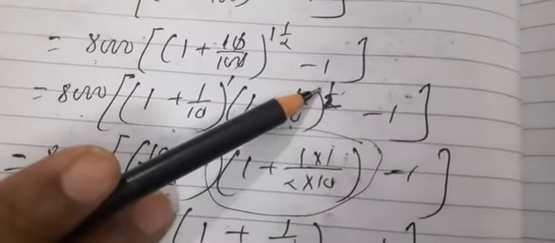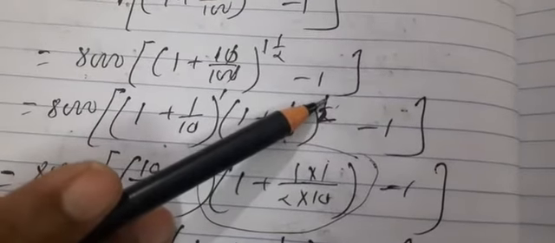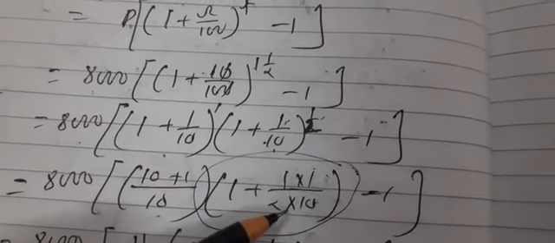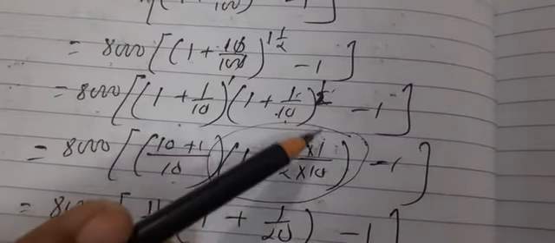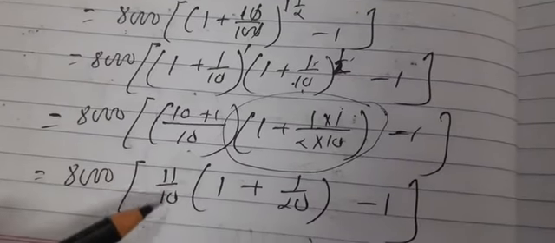If here is a fraction like 7 by 9, 10 by 2, 12 by 3, whatever, multiply numerator to numerator and denominator to denominator, and feel free. Then minus 1, and then solve the sum simply. That is the way we will solve. If the time is given as a fraction, you just multiply it. So 8,000, 11 by 10.